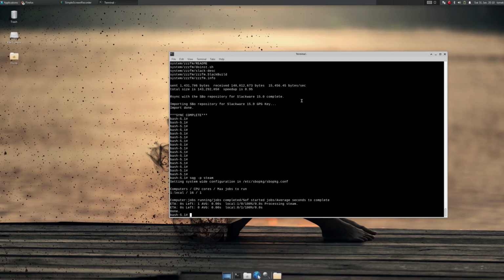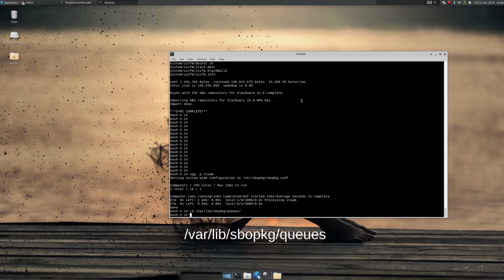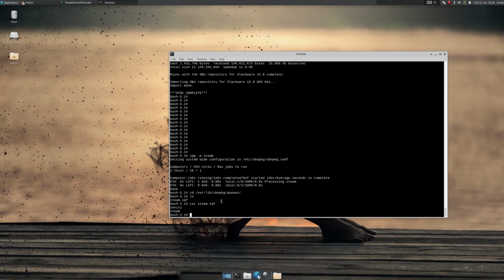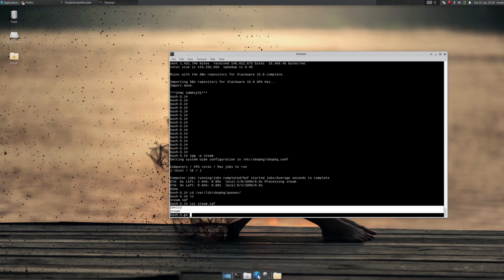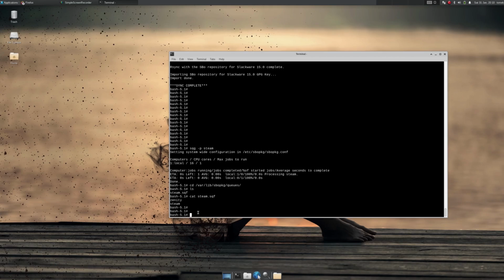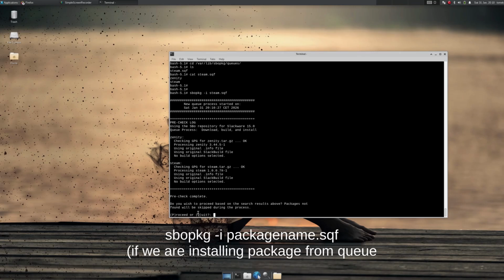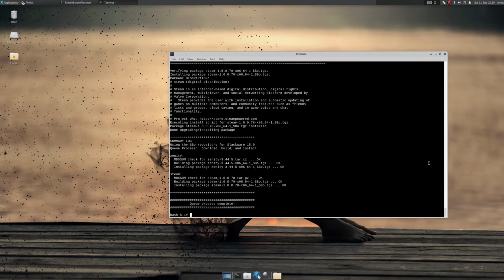This command creates a queue file stored in /var/lib/sbopkg/queues, which lists the dependencies to install from top to the application. So right now with this we can install Steam. We can install Steam, but